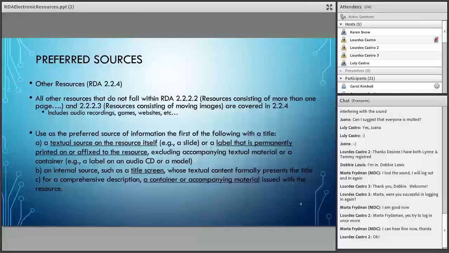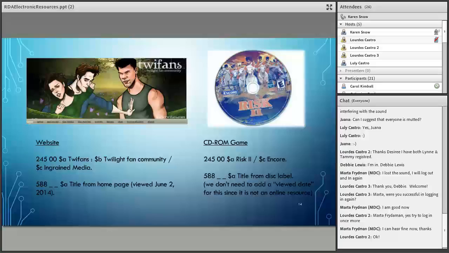And by the way, for those who are probably a lot more well-versed in cataloging electronic resources, please feel free to correct me if any of these things strike you as, that doesn't seem right, because I'm sure that there are some of you who have much more experience cataloging these types of materials than I do. But right now I'm just going through the rules and trying to catalog based upon the rules and what I've also seen in practice. And so feel free to correct me if there's something you feel is wrong.